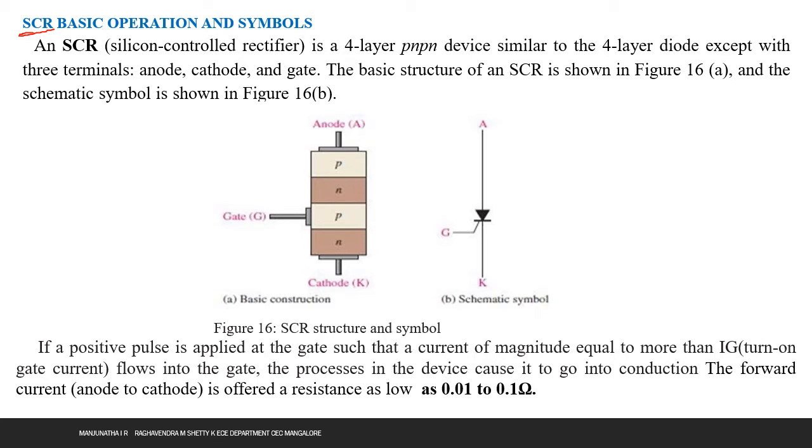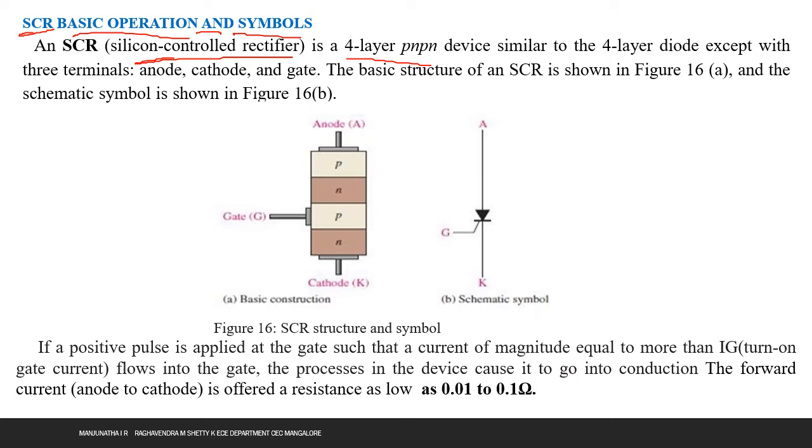So here it's the basic operation and symbols. Let me try to read it out. An SCR is a silicon controlled rectifier. What is the abbreviation for SCR? Silicon controlled rectifier is a 4-layer